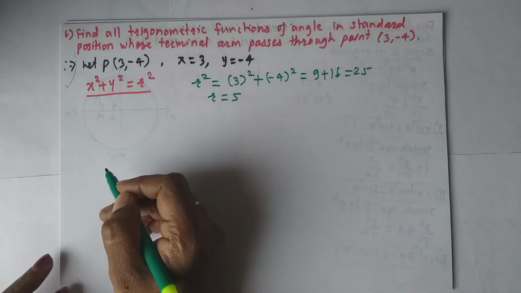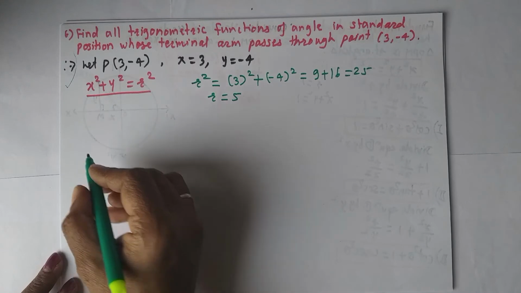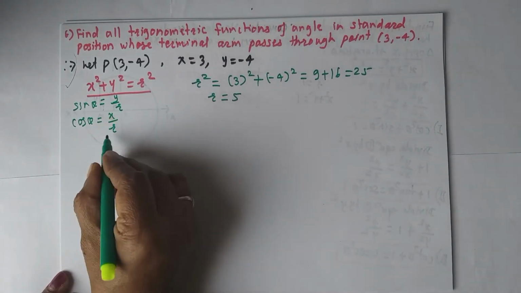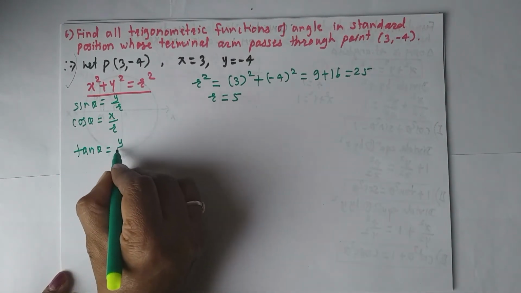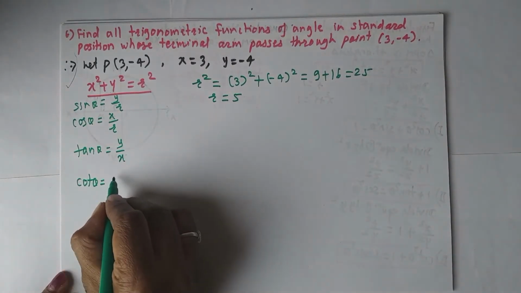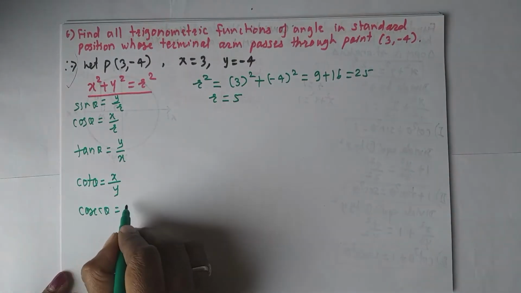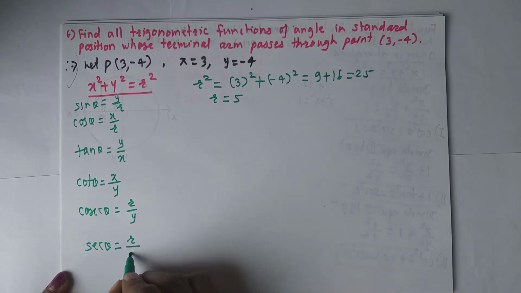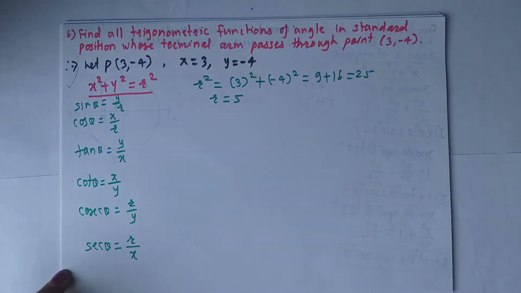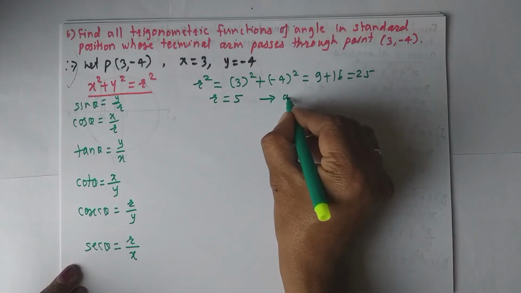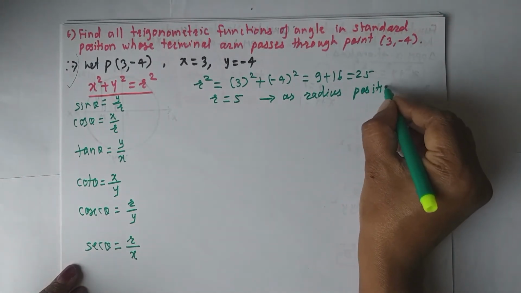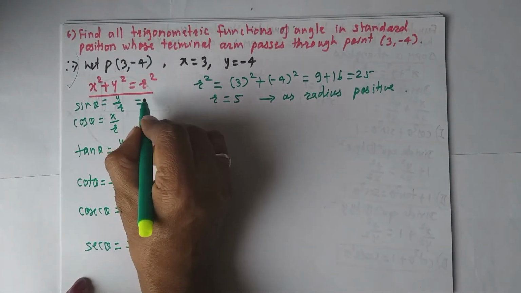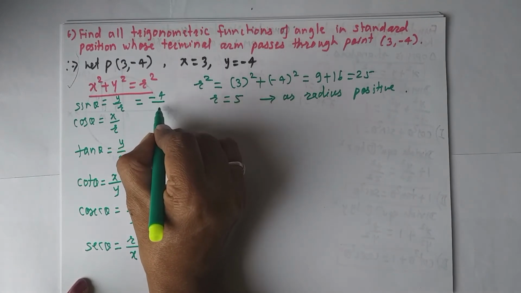Now, what are the six trigonometric functions in terms of the standard circle? We know that sin theta is y by r, cos theta is x by r, tan theta is y by x, cot theta is x by y, cosec theta is r by y, and sec theta is r upon x. We will use these formulas to find the values. Here you write down the radius as positive. Now you keep the values of y and r here. If I keep the value of y as -4 and the value of r as 5,